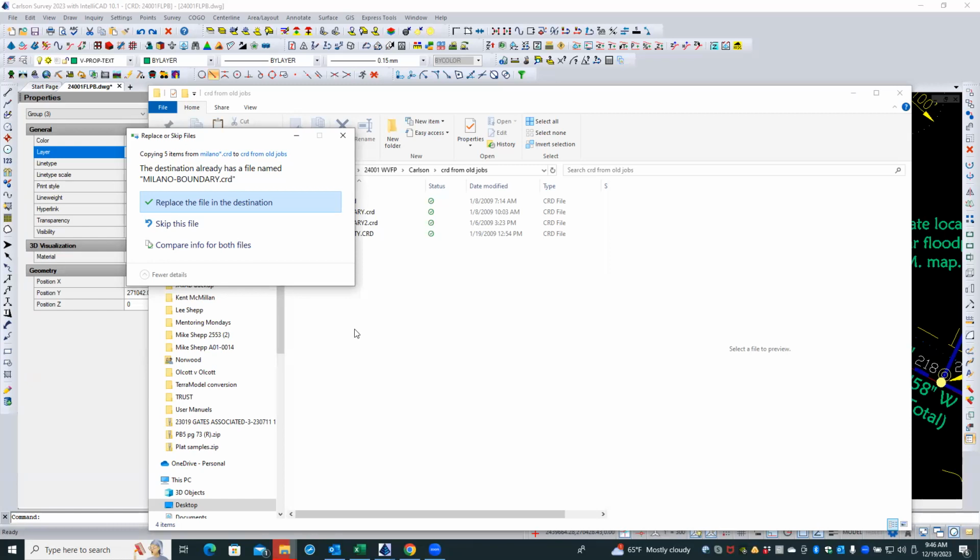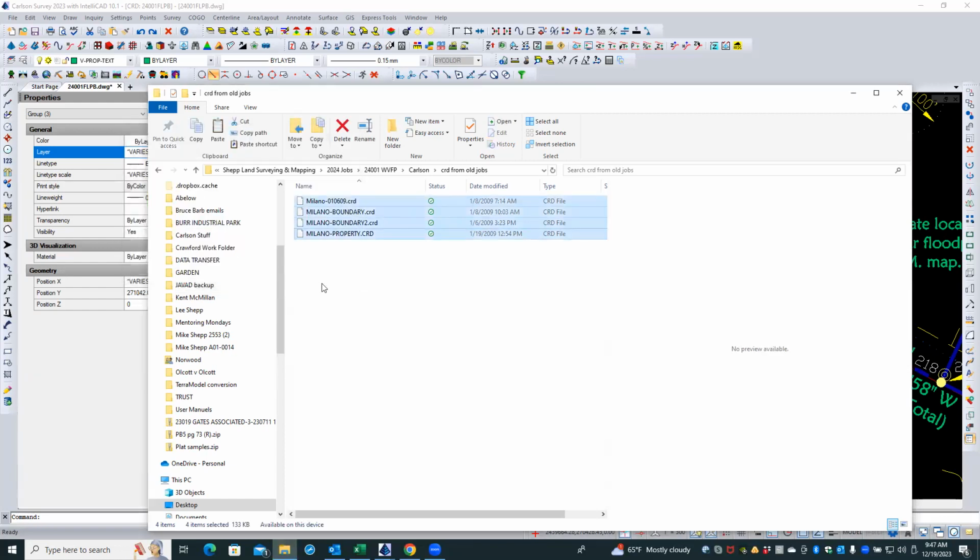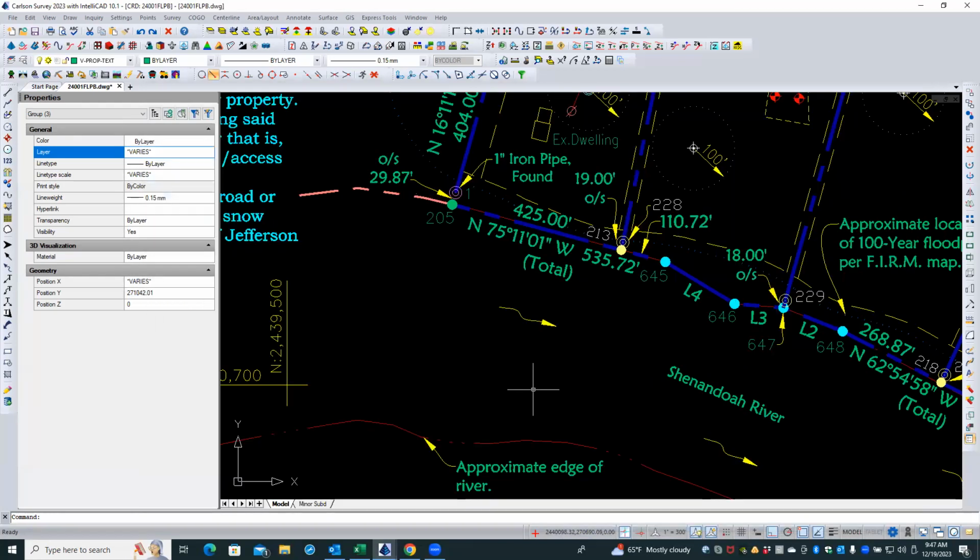Let's say skip this file. It looks like it was doing it anyway when we did it. Maybe it got clicked twice somehow. Okay, so now we've got these 4 that we can take a look at. So let's close that window off for right now. There you go. And under the points menu, if you pull down points,